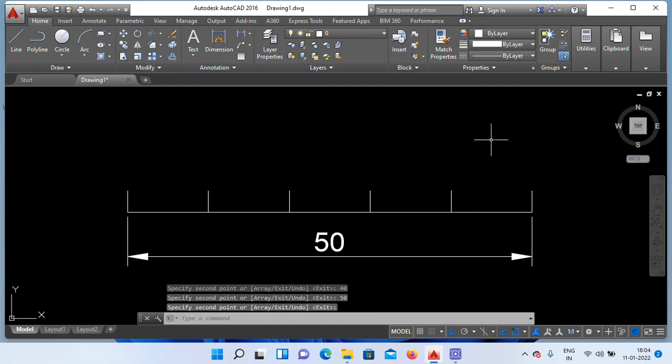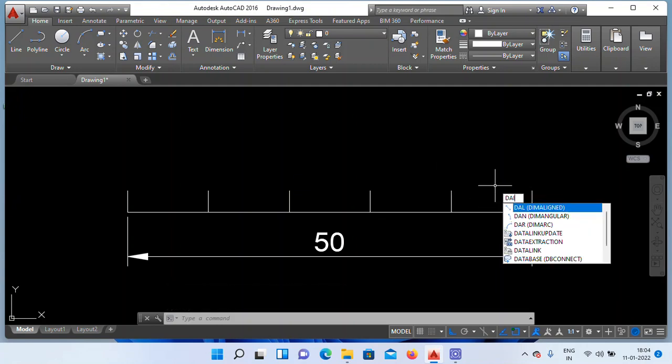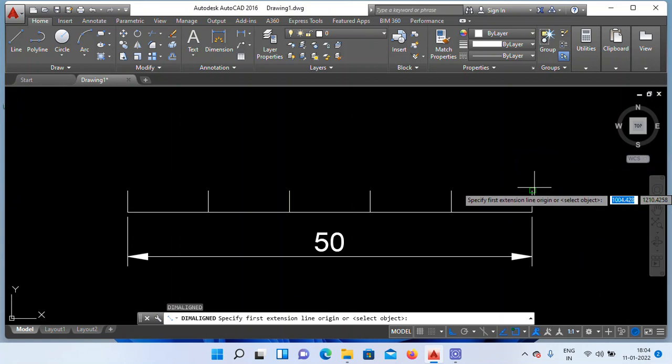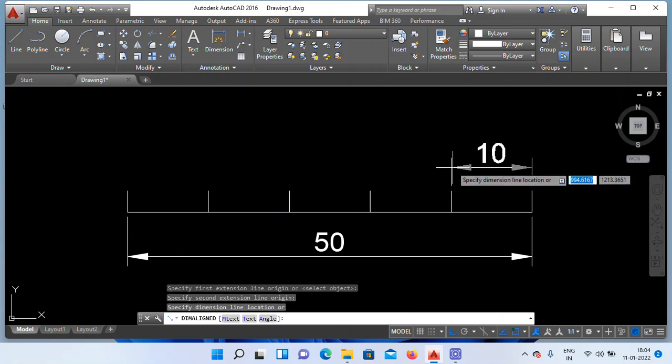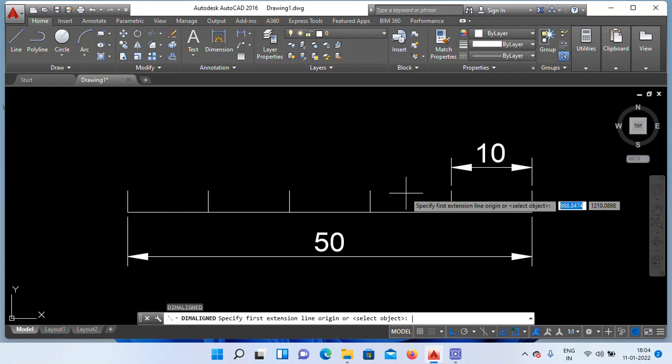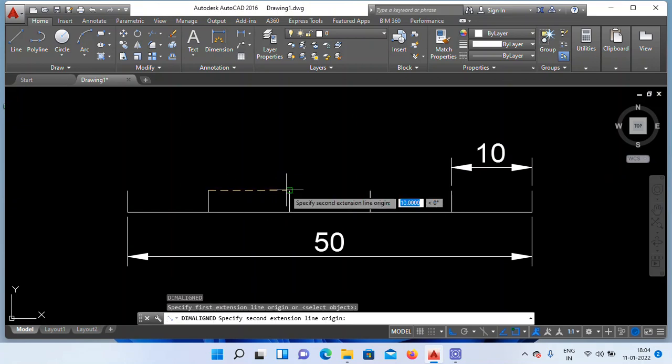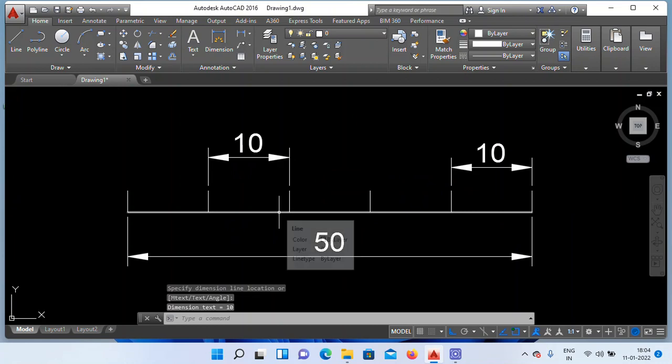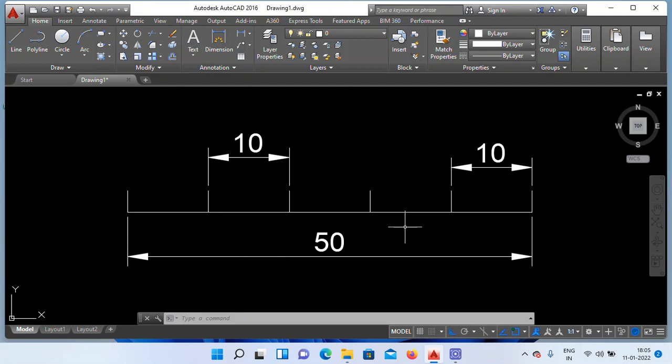Right? Measure from this point to this point. How many meters? Dal. I give 10 meters. Click. See, 10. Measure anywhere, 10. Like this. By using the copy command, you may make copies by giving displacement values. The way is like this. Right? Okay.